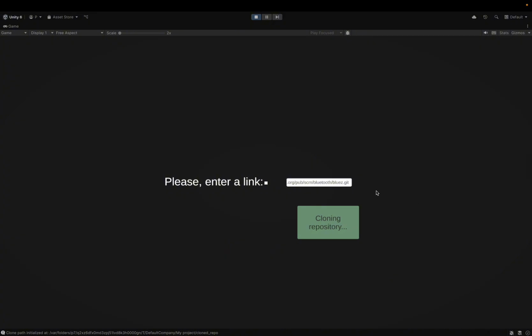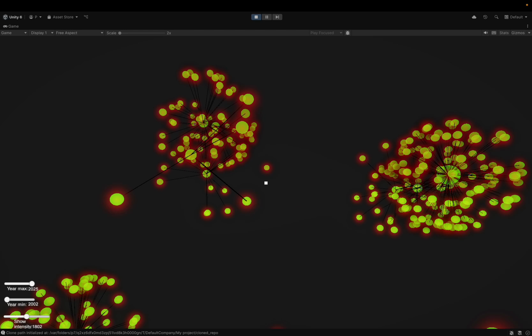By clicking the button clone and analyze, we begin the process, and the button changes depending on the stage of the process. For right now, it has already cloned the repository and is generating the graph, so I will just skip this part because it will take about 2 to 3 minutes. Okay, so it just has finished